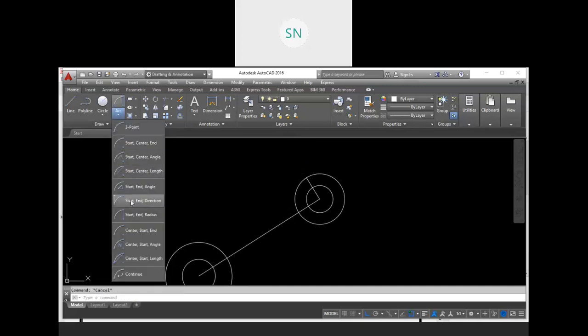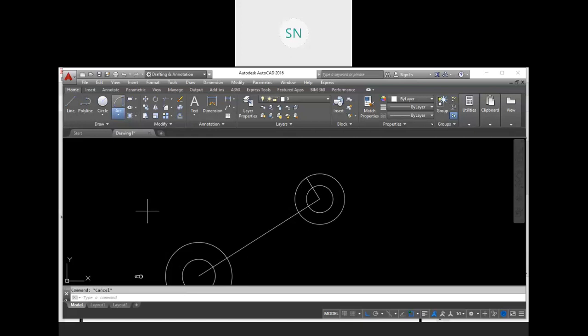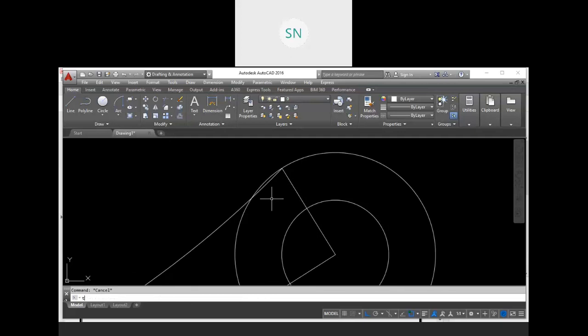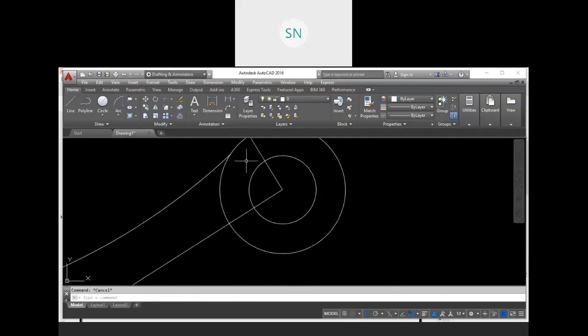So arc, start and radius. This is my starting point, this will be my ending point. And what is the radius? 300 mm. But it appears on the opposite side, so erase it. And again start and radius, starting point will be over here, ending point here, and 300 mm. So you have to switch your side. Then trim this portion.